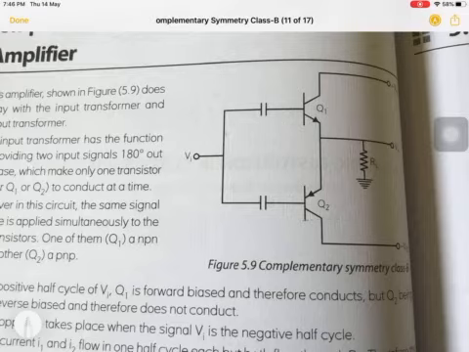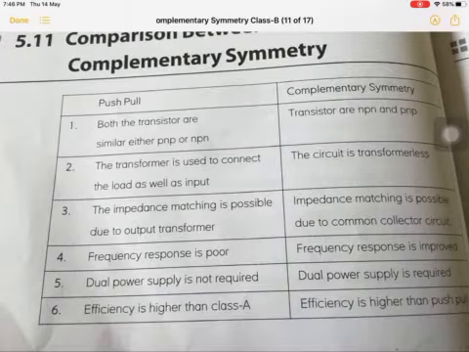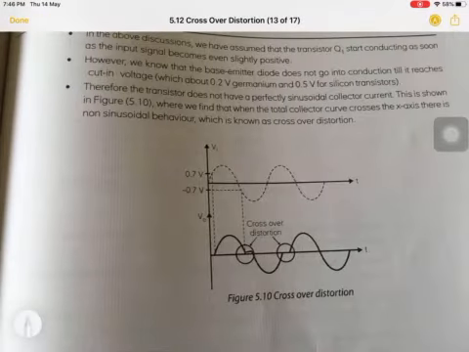As we know, every transistor requires some V on voltage to get on. Generally we take the value of 0.7, that is 0.7 volt is required for this transistor to be on, and similarly 0.7 volt is required for this transistor to be on. Until and unless it is provided by this voltage, the transistor will not work. So what will happen? We have put the quiescent value, so as soon as the input goes near to 0.7, the transistor does not function like an amplifier. So there is some distortion in this area.